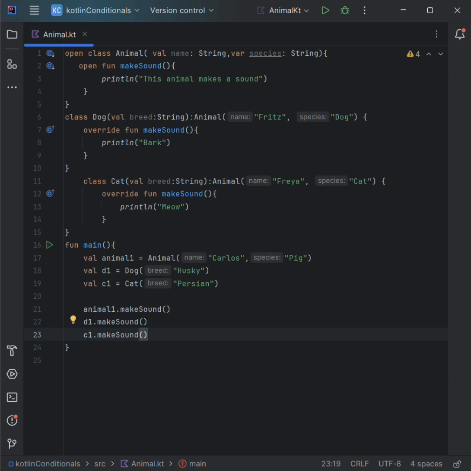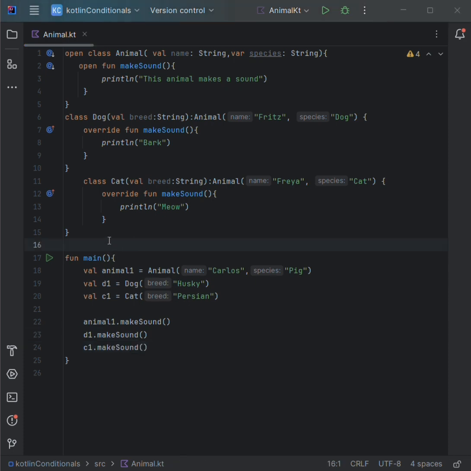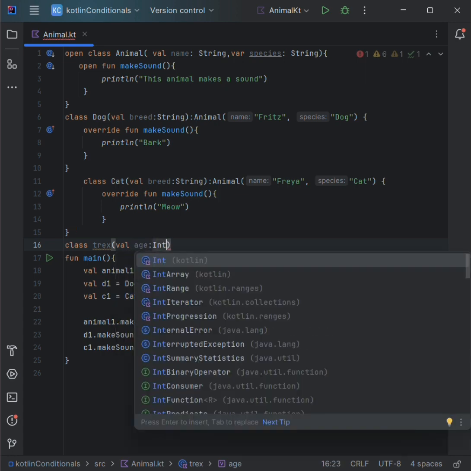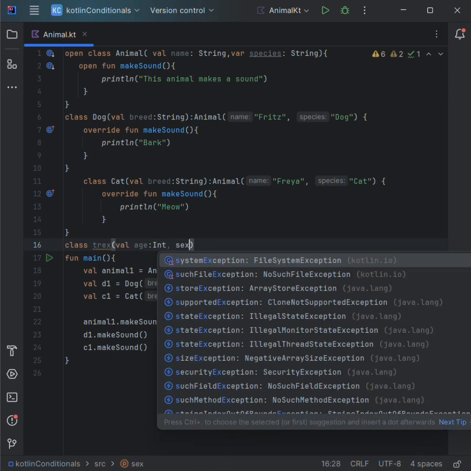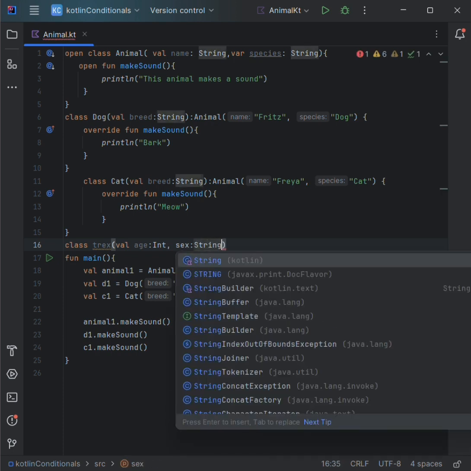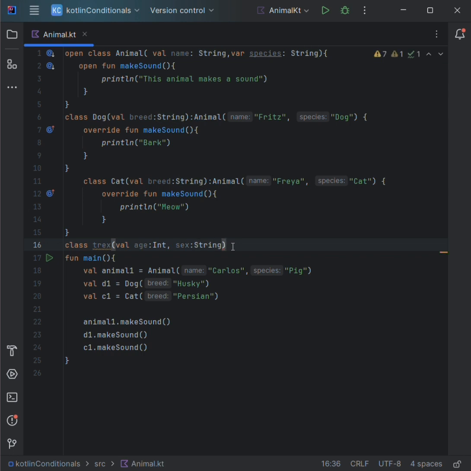So we create a class named T-Rex and put properties age and sex. Class T-Rex, val age, dinosaur.